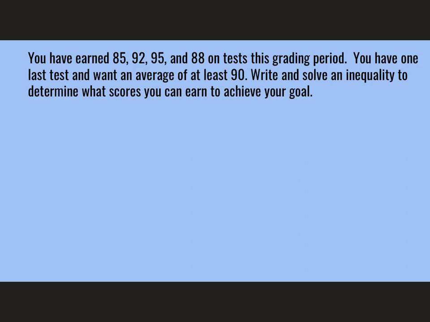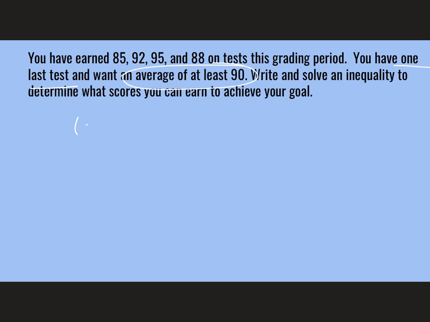All right, here's a useful one for you guys. You have earned an 85, 92, 95, and an 88 on tests this grading period. You have one last test, and you want an average of at least 90. Write and solve an inequality to determine what score you can earn. So there's already 4 test grades here, and then there's going to be a 5th that we don't know what it is. So the way we would set this up